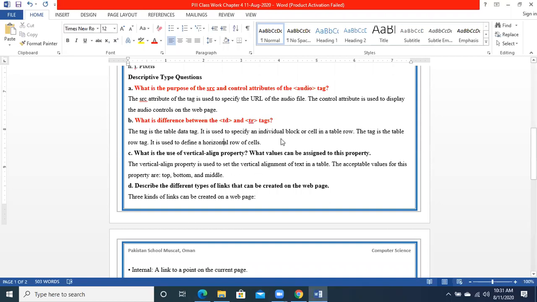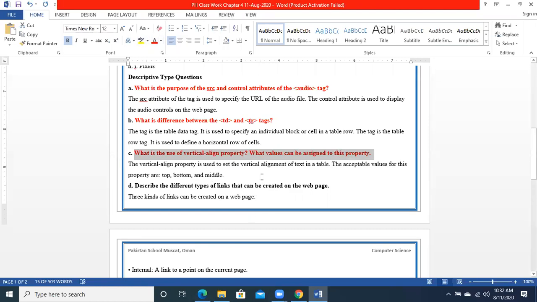Both are used in tables. TR is used to create a table row and TD is used to create data, to put data in that particular row. TD comes under TR. Okay.